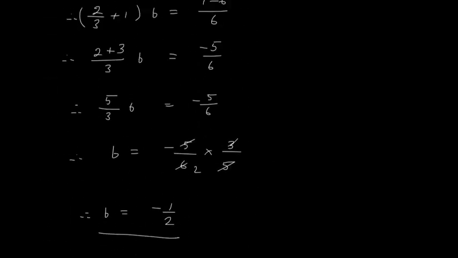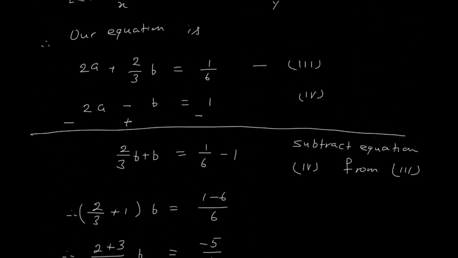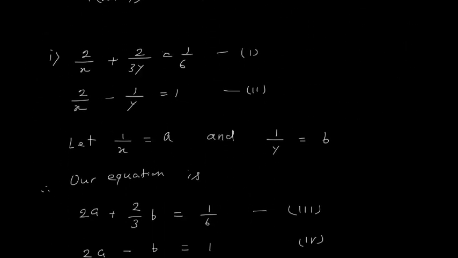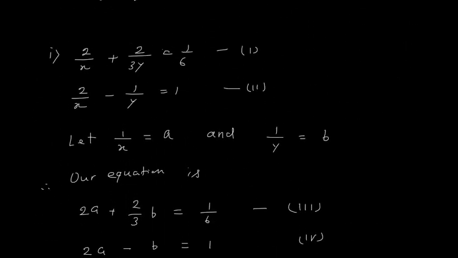So now let us recollect what we have done, and what we mean by equations reducible to linear equation form. So first, when you see this equation, this is not in linear equation form. We have two variables, okay, but their degrees are not 1. Linear equation means their degree should be 1. So what we did, we first converted these equations into linear equation form. How? By using 1 upon x as a and 1 upon y as b. So we get two new equations.